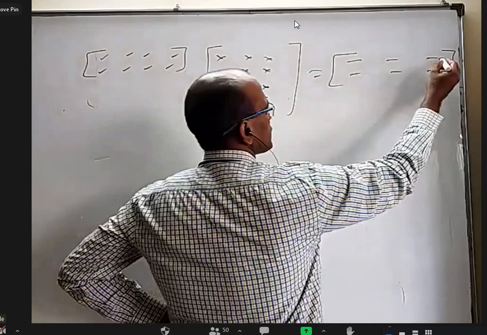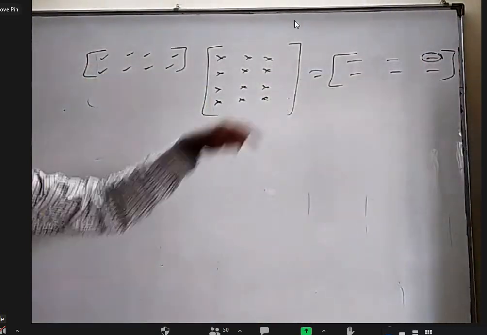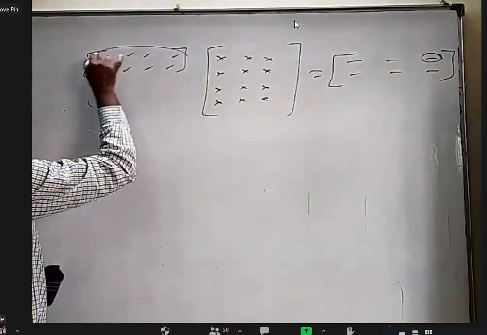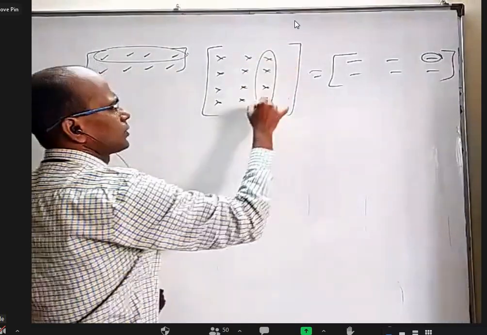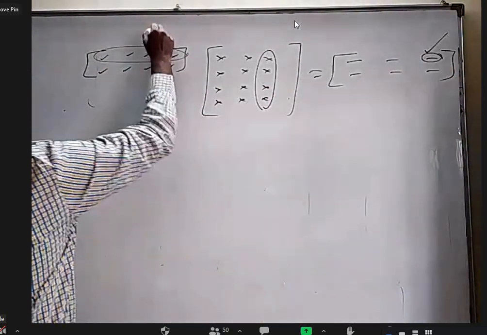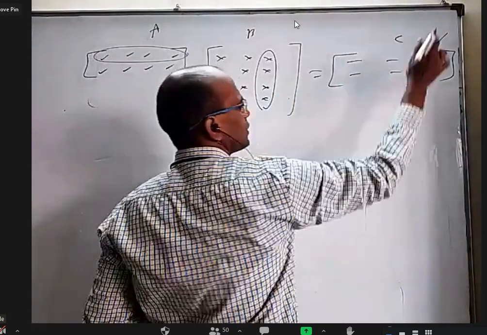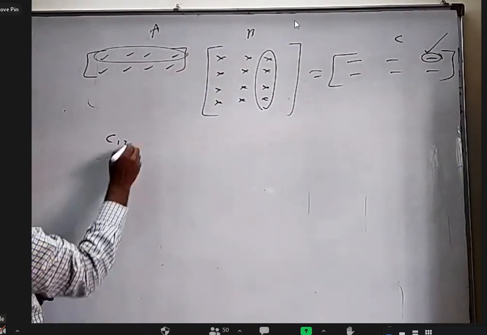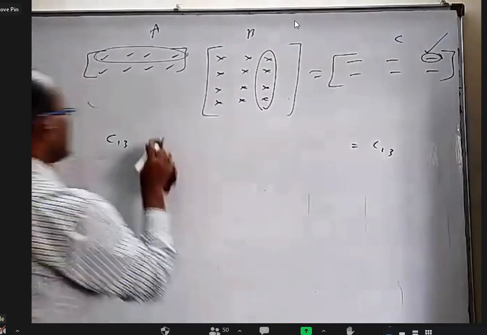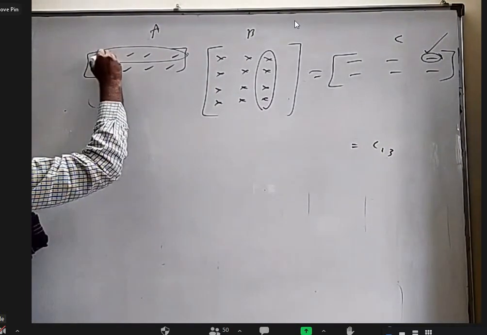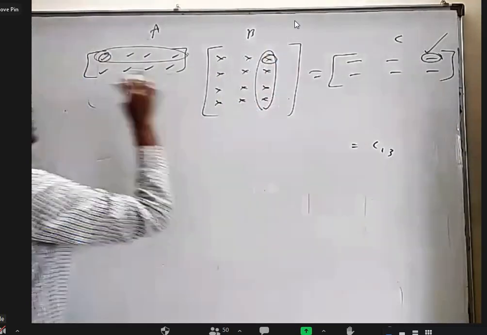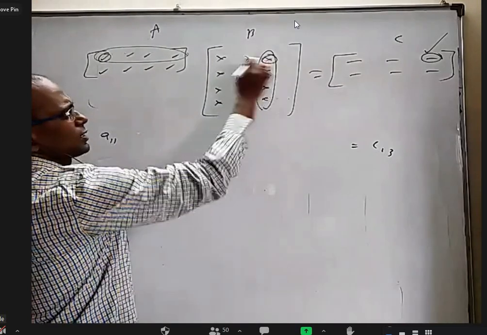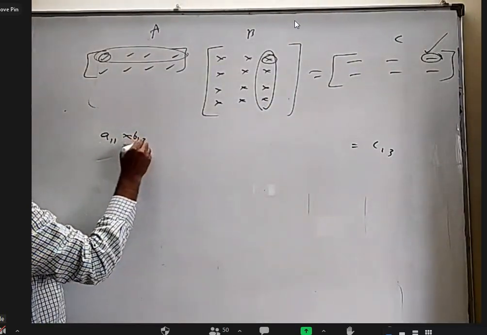Let us say I want to find this. First row, third element of the final product. Then obviously I have to take the first row here and the third column here, that will be here. If I call this as A, this as B, and this as C, what I am looking for is C13. First row, third element. Let me write here C13. But how did I achieve that? I am multiplying this with this. But what is this? A11, first row, first element. What is this? First row, third element. That will be B13.